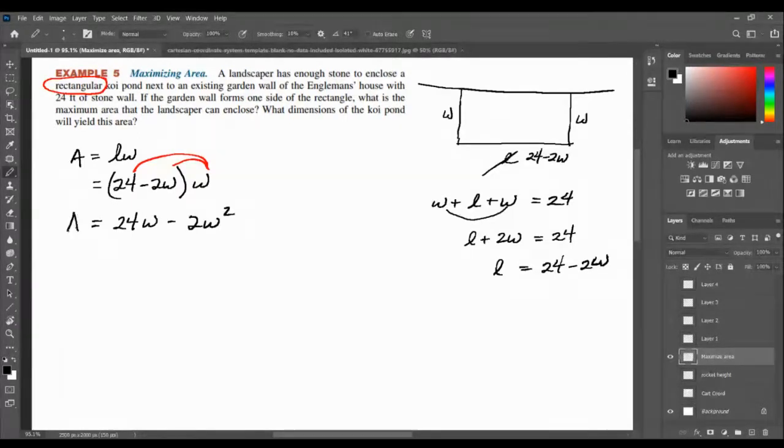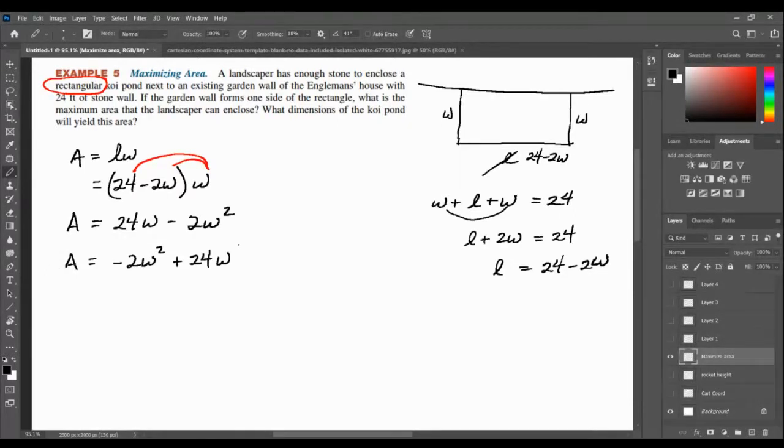That's the area. Let me rearrange that so it's in a form we're used to seeing with the squared term first. So the area of this pond is denoted by that formula right there, which is a quadratic,